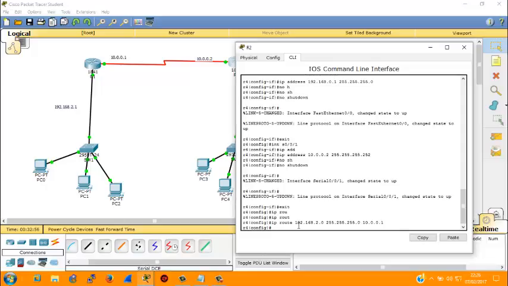You say enter, and then we put another one. So if you want to come back again,